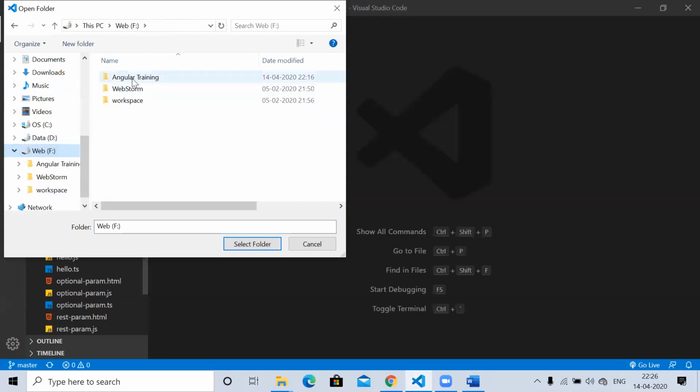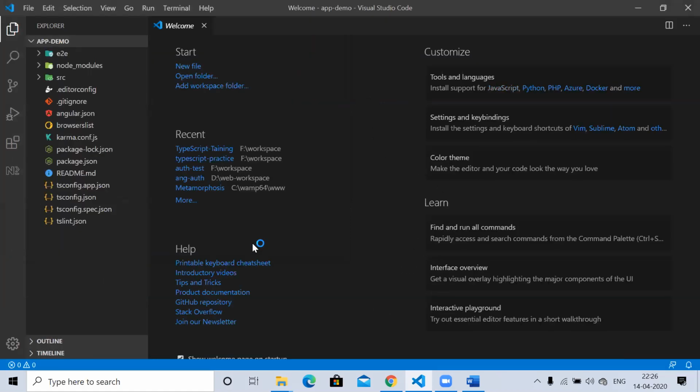Inside that, the Angular training folder is there. Inside the folder, we have the project. So select your project which you have created using the Angular CLI. After that, click on the Select Folder button. Now your application is opened inside Visual Studio Code.